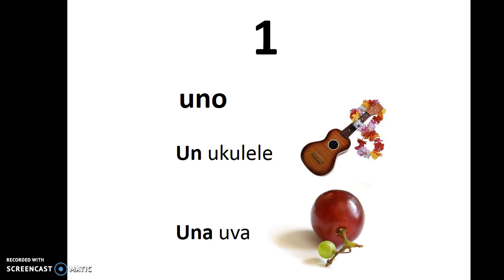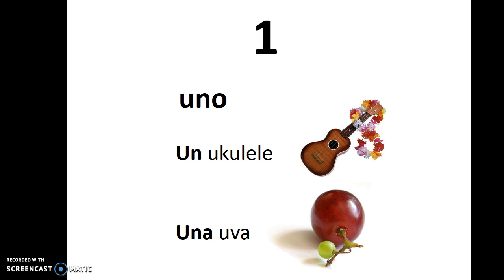So starting off, we have uno. If we're just counting, we will say uno with the O: uno, dos, tres. But if we're using uno as a modifier for a noun, so one or a, so one student or a student, we would say un estudiante. Same here, I chose words that begin with U just for fun. So we have un ukulele,